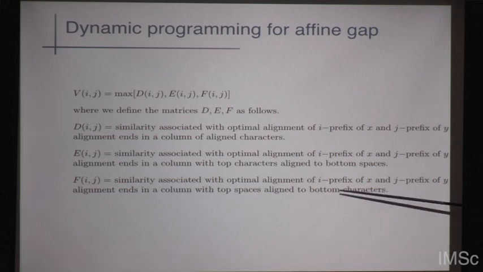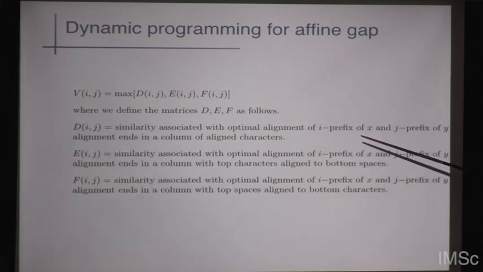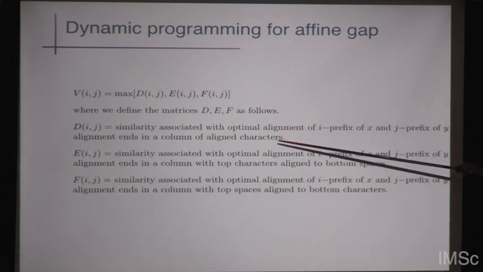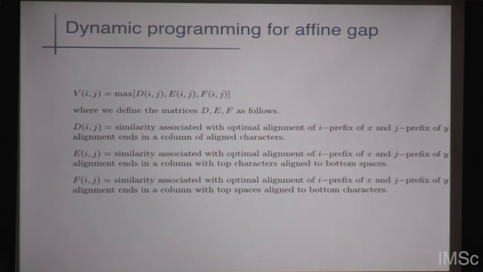Okay, this one says that this is optimal alignment as long as you insist that the jth letter is aligned necessarily to a space. So now whenever you're extending, if you're extending from here, you know that it's because you've already gotten a gap. So now that gap can get a smaller penalty. If you're going to introduce a gap here from this matrix, then you give the extra penalty. So you can fill up your matrices